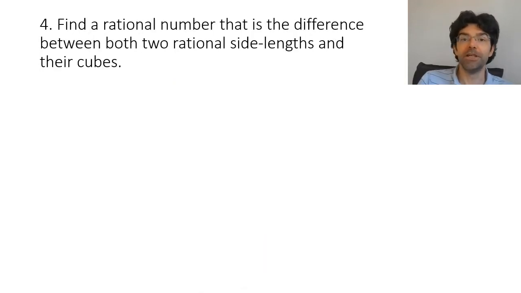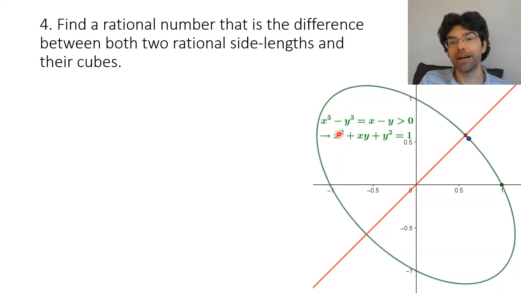So our final problem for this video is this one, which I've just slightly reworded from the original. Find a number that's the difference both between 2 rational side lengths and between the cubes on those sides. Well, just very briefly, thinking in modern terms, it's tempting to assign x and y to these side lengths and do some factorising, because x cubed minus y cubed has x minus y as a factor, and so you could divide through and you'd find x squared plus xy plus y squared equals 1, which, translated into a graph, is the ellipse that you can see here, and we're effectively looking for points with rational coordinates on a particular arc of that ellipse.